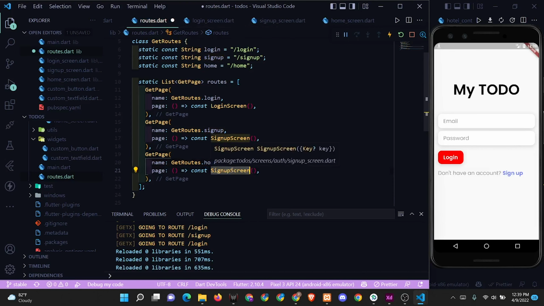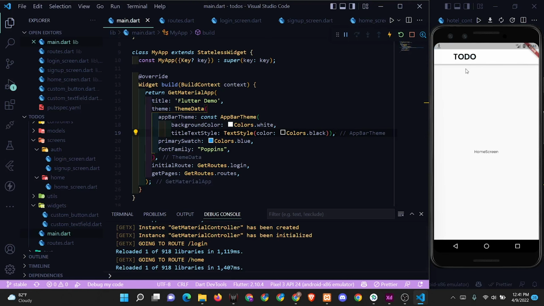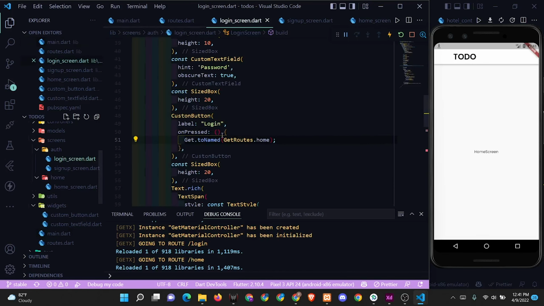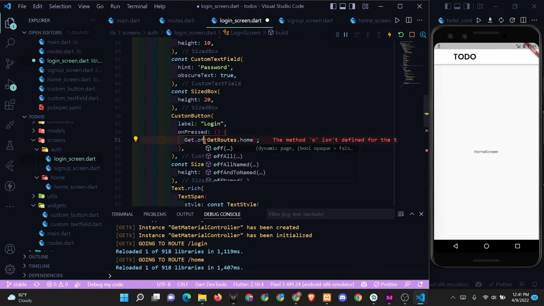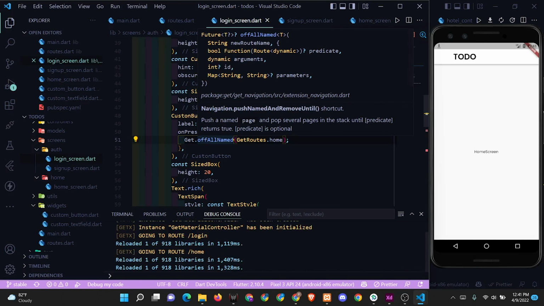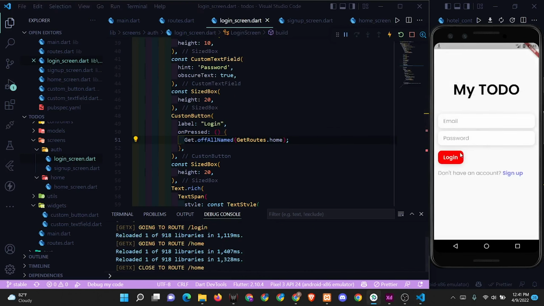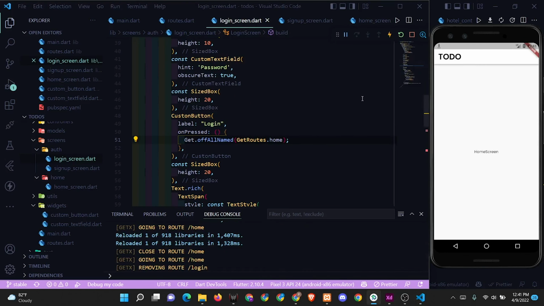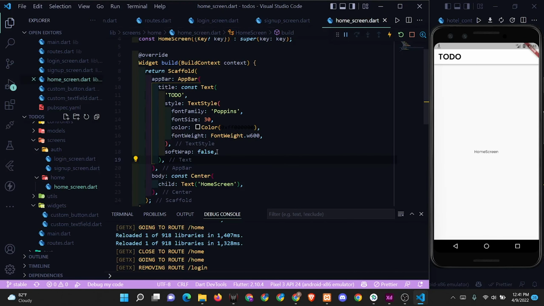Let's save this, and we can see our to-do here. So in the login screen, I will write our app name. So let's go back, login. So we have our to-do over here. So I will need a plus icon. So for the plus icon,